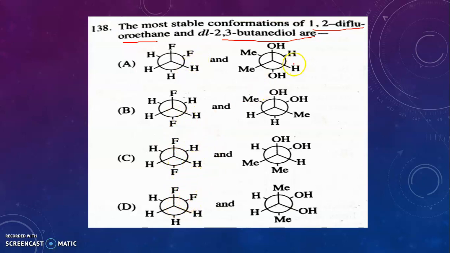Then we have to compare this. See, it is a diol, right? When diols are given, you should think about hydrogen bonding. Since the OH groups are far away, intramolecular hydrogen bonding is not possible. Whereas in option D, the OH groups are very close. So intramolecular hydrogen bonding is possible. Therefore, this is the correct answer. Because of intramolecular hydrogen bonding, this conformation is more stable for compound 2. Because of the gauche effect, this conformation is more stable for compound 1. Are you able to understand? So for question number 138 in the CSIR examination, the correct option is D.